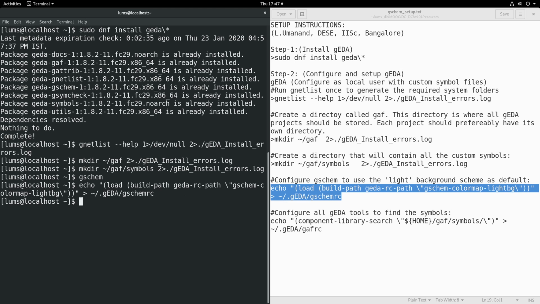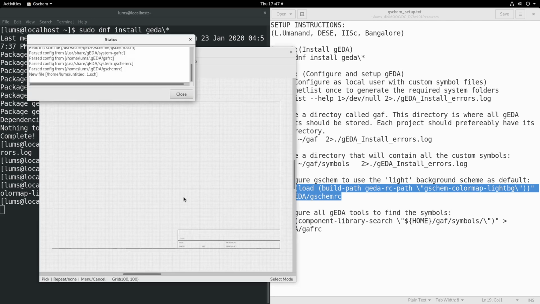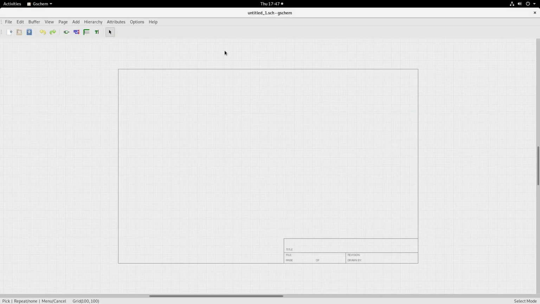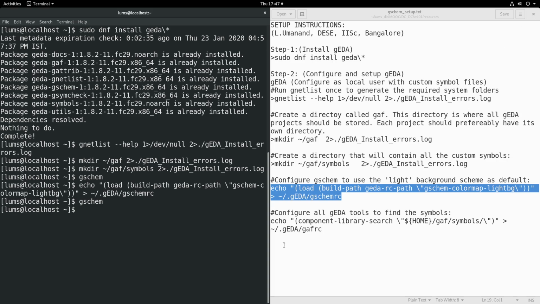So that's it. Now again, if you execute gschem, I'll execute it from the command line here. So you see that the background is light BG, and the foreground will be black in color. So this is fine. We will use this